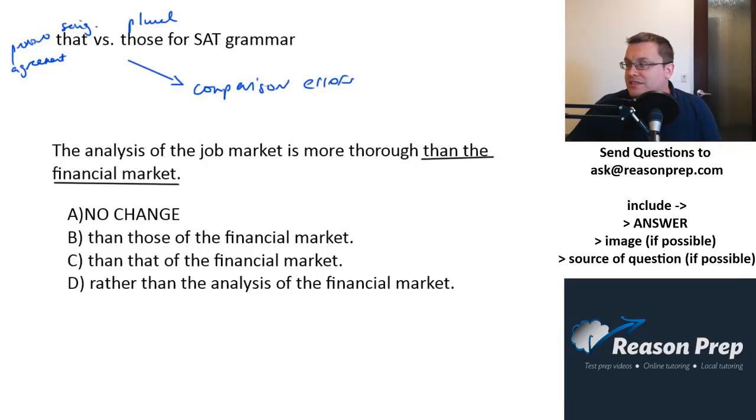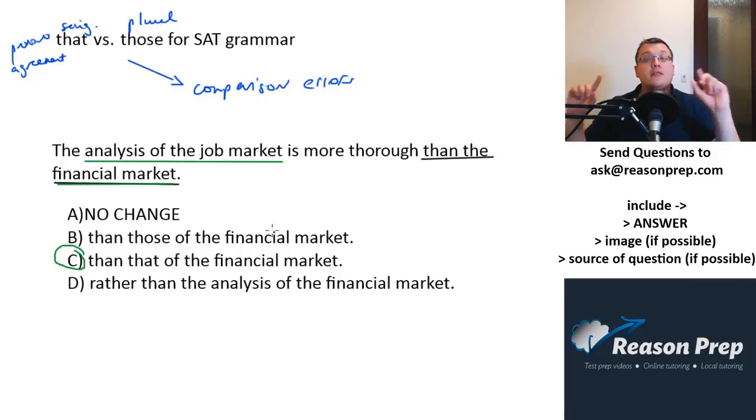Okay, pretty good consensus in chat. Looks like C is the consensus, and that is the right answer. So this gets to the core of the question. Why is it C? Why is it not the others? This is a comparison error. The original sentence is comparing the analysis of the job market to just the financial market. We have to compare like to like, analysis to analysis. So the reason why C works is that "that of" singular is basically pointing to the analysis and is standing in